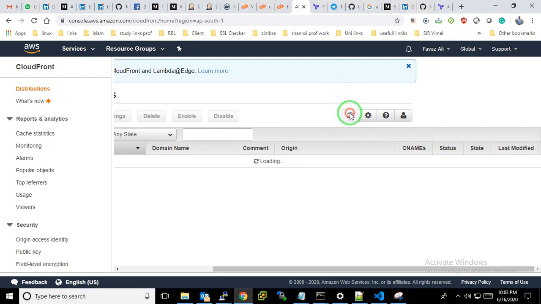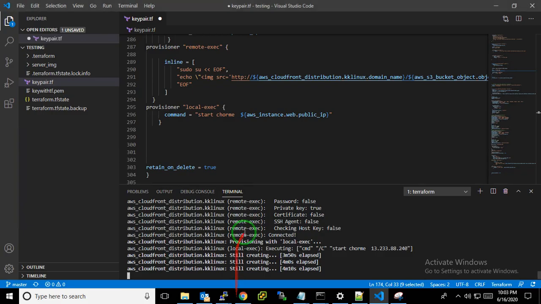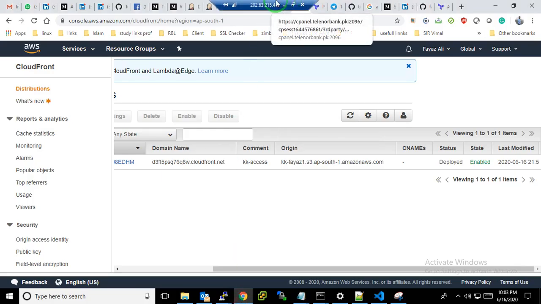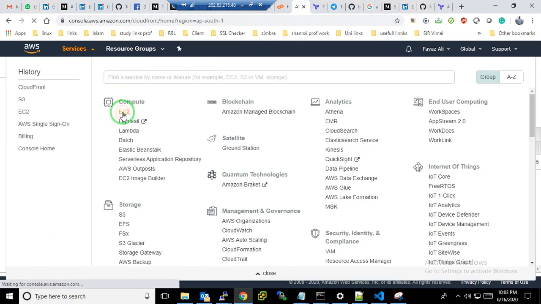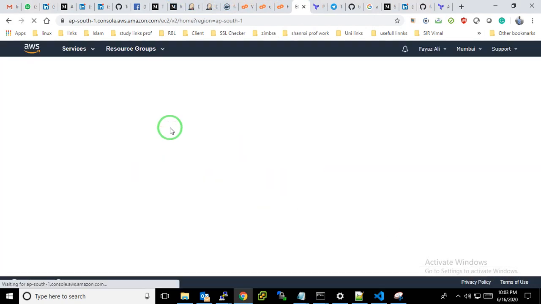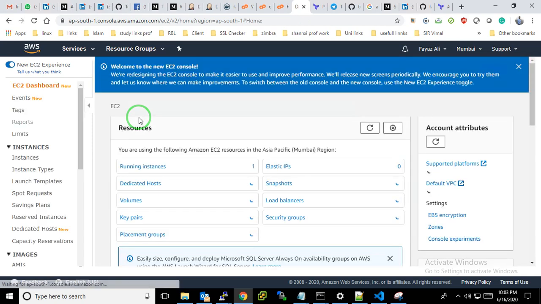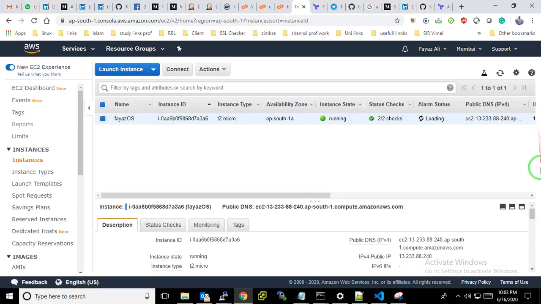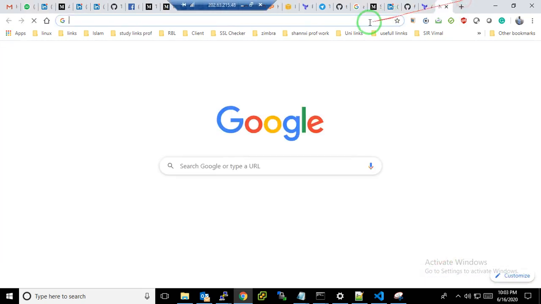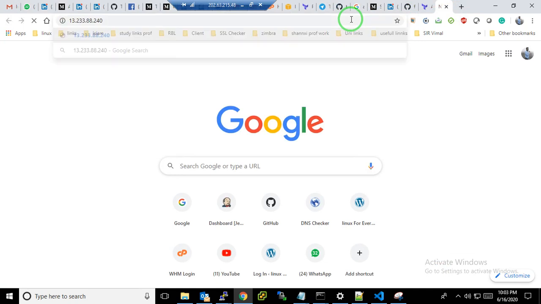So let's check the IP of my EC2 instance, where I have deployed my services. Come up on the EC2 instance. I am just copying the public IP so it can be accessible for all of us.